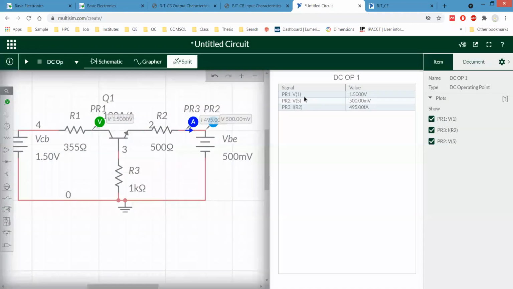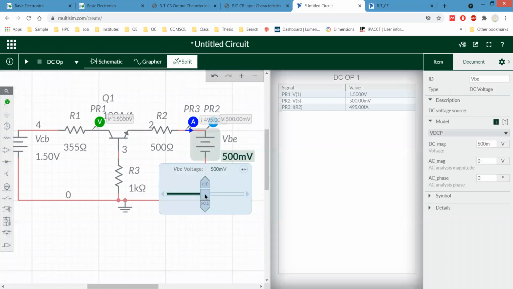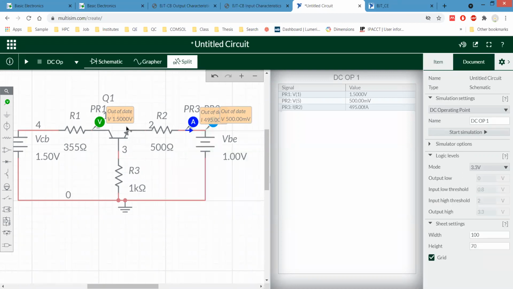Yes, V1 means the collector base junction potential, that is 1.5. Okay, for 500 millivolt. So I think we can increase the voltage because we have given the resistor. So I think we can have not 5 volt, let's say at least 1 volt. Yeah, let's say we have applied 1 volt over here. Then